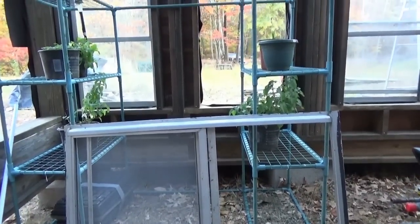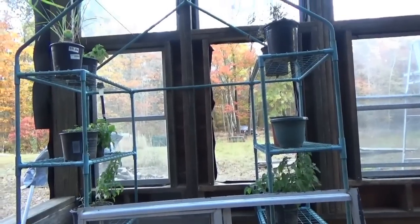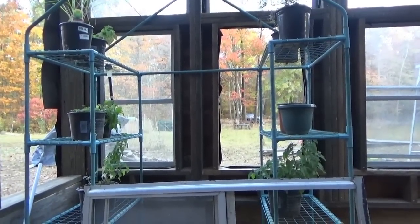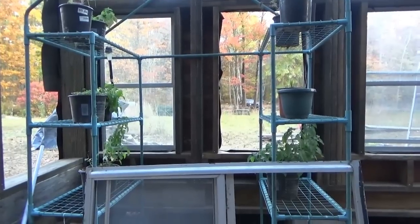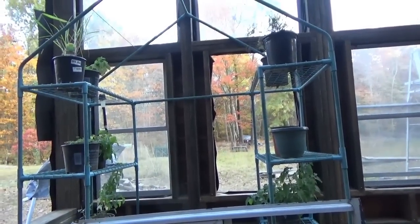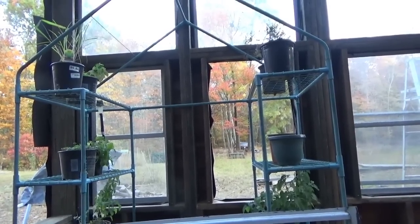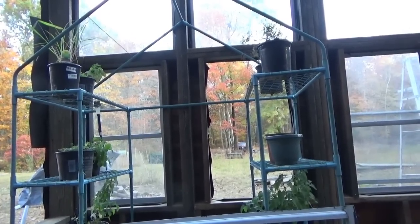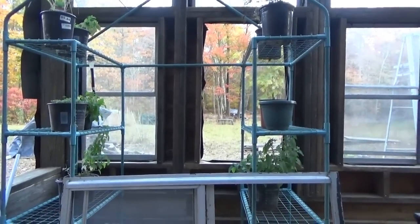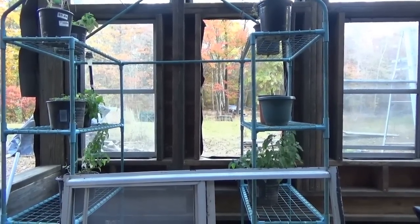Melanie has brought in a few more plants, and we're going to keep on going and try to save as much as we can from the garden before the freeze hits. I know this isn't much at all, but we're also going to grow some cold hardy leafy vegetables, kale and spinach, and try some root vegetables, carrots and beets and stuff. Maybe not beets so much. I don't know if they'll be successful in winter, but